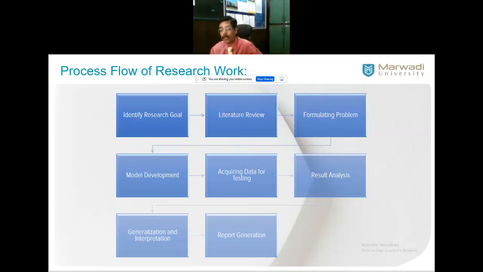Data acquisition, as I told you, may be primary or secondary. You acquire and then proceed. Once you get data for your research, you would have identified some branch from the literature, where many people would have contributed. The contribution which is close to your heart, which has motivated you to further explore, you keep as a base, as a model, and compare whatever values that work has got with your model. That we call result analysis.